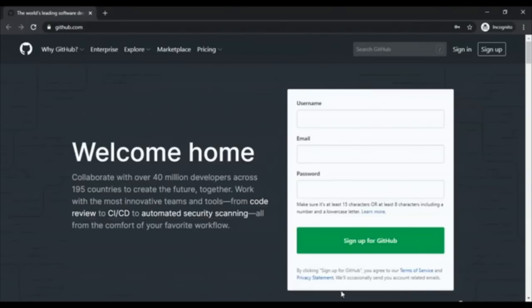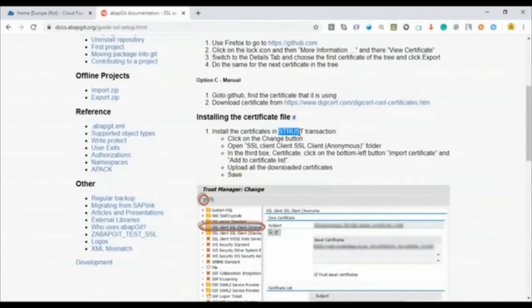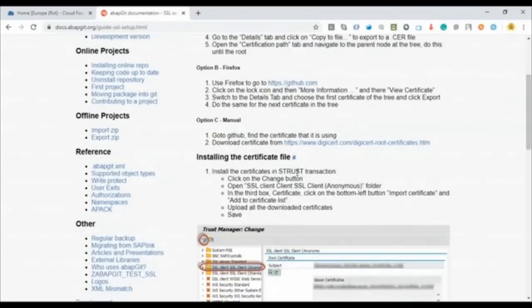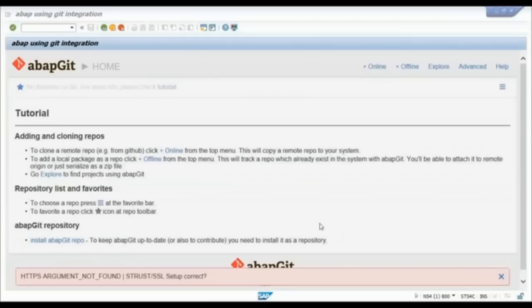Step number 1 complete. Let's come back to step number 2. We need to now import this. So go to strust, and then click on the change button, SSL certificate anonymous folder, and you need to import this certificate and upload all the downloaded certificates, whichever you have downloaded. So all that you have to do is that. So now let's go back to transaction code strust in our system,